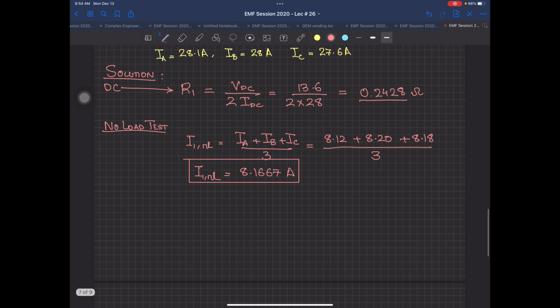Now based on this one, I know P input power. You can write down the equation. That will be equal to the stator copper losses plus the rotational losses. Now stator copper losses, you can easily find out because you have the value of 3 I1 square R1, and certainly this is at no load. So this means 3 into I1, which is 8.1667, squared, multiplied by R1, which is already there with you. This is equal to 2428. Anyone, please give me the answer.